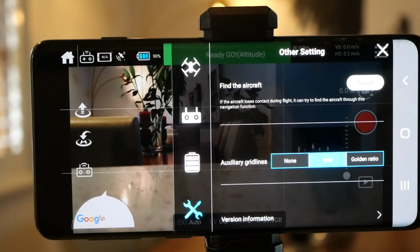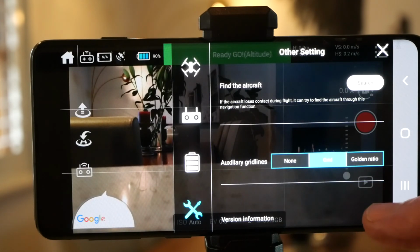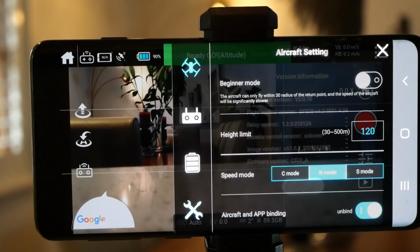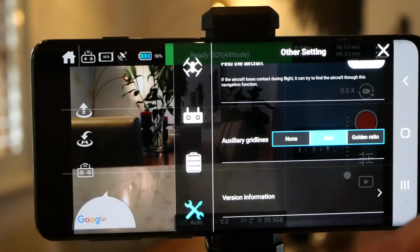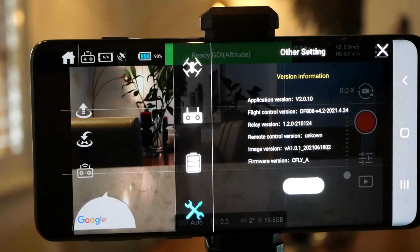What's happening there is, because we haven't done anything, the drone is about to turn itself off. So let's just have a look. Okay, this screen here is, we go down, we go into version information, and this will tell you the application version, the flight control version,